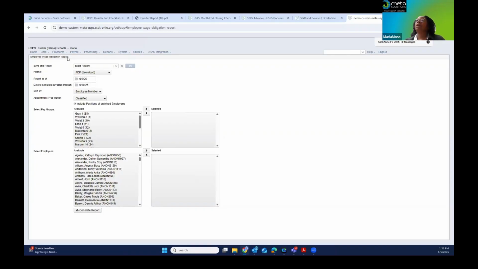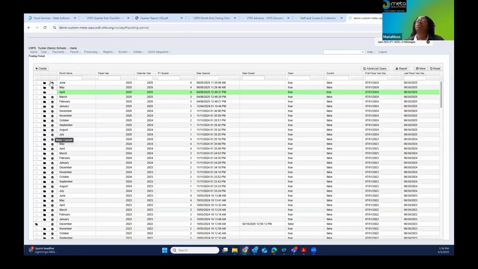And then finally, step 22 is to go to Core and Posting Period and close June. Keep in mind that you are closing for the month, quarter, and fiscal year. It's going to take a while to verify your fiscal year-end bundle report, which is found under Utilities and File Archive.